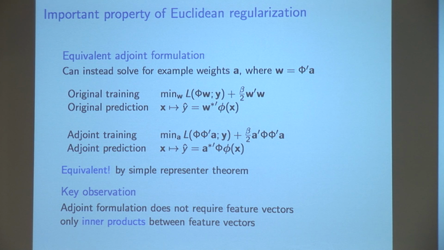And then if we look at this predictor, it is a matrix vector multiply. This is the feature representation of the test point, and that's the big matrix. Anyway, that is a vector of inner products between the feature representation of the test point and the feature representation of a training example. You don't need the features. You don't need the weights on the features. You could do it all with just weights on examples and inner products between feature vectors. Nothing deep.